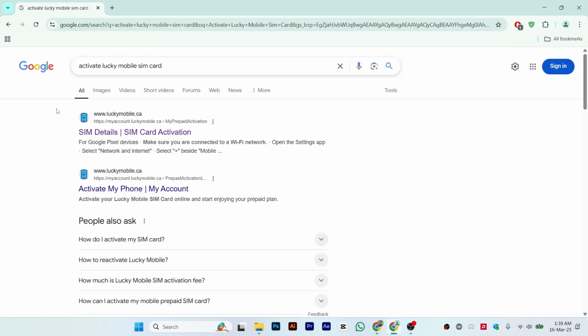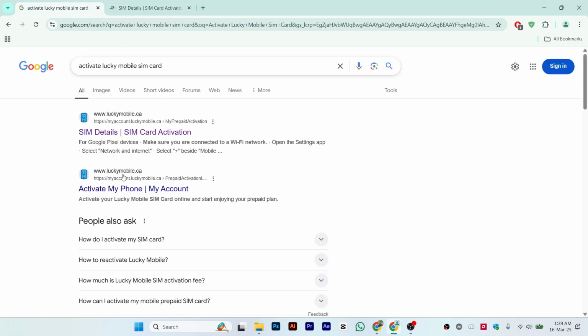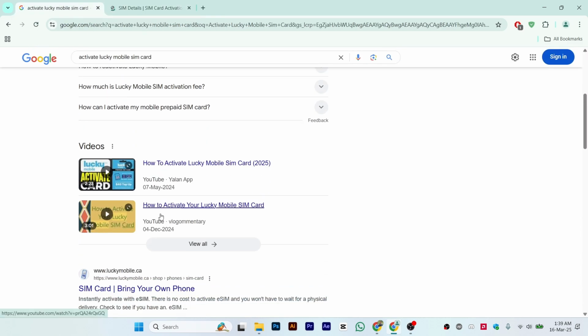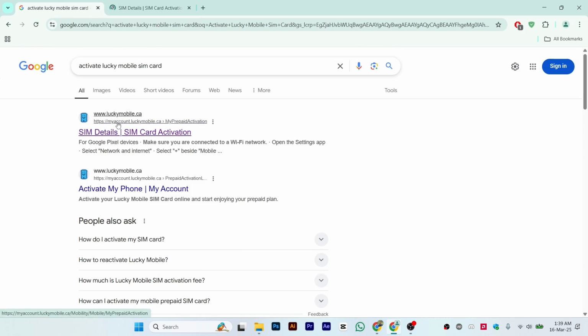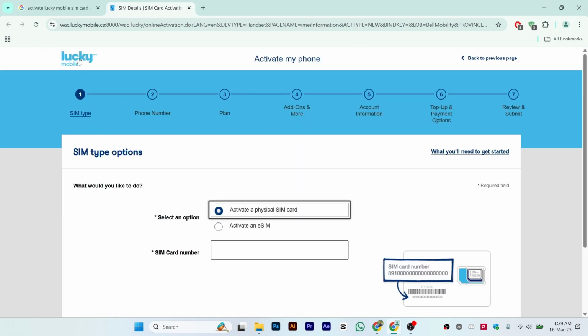and after that you will see this website, SIM details SIM card activation. This is the official website of Lucky Mobile. So just go to this one and open the first website that you find, and it will take a few seconds to load. So let it load completely, and also make sure do not try any other websites. Just go to this official website of Lucky Mobile, and once you are here on this page,